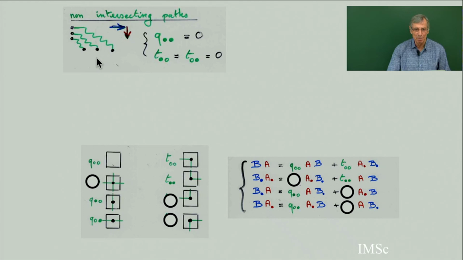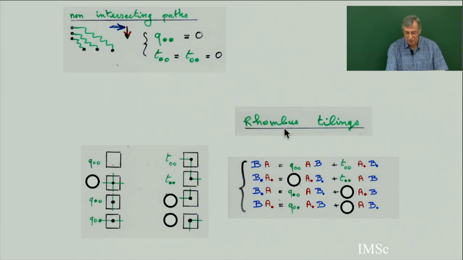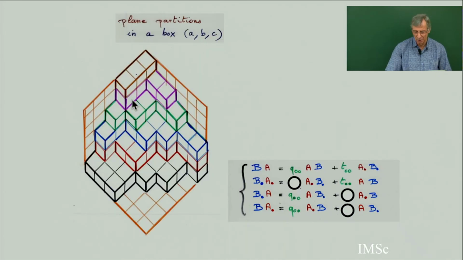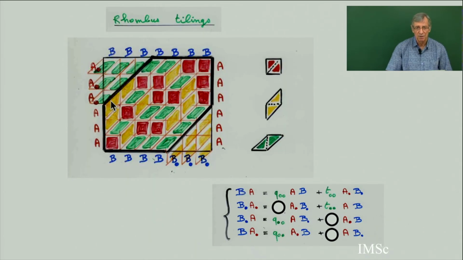Instead of putting 0, 0, I put 0, 0 here. Which means that my paths are like this now. They are going east or south. And we have seen that this is also the same as the rhombus tiling. So they have the same system of equations, the same rewriting rule, the same complete tableau. I have just to check the border condition. For the rhombus tiling, the border condition was this border here with a B, when we fill all this with this special tiling.